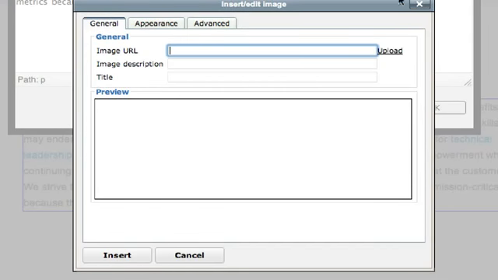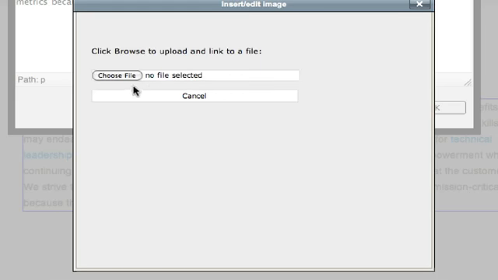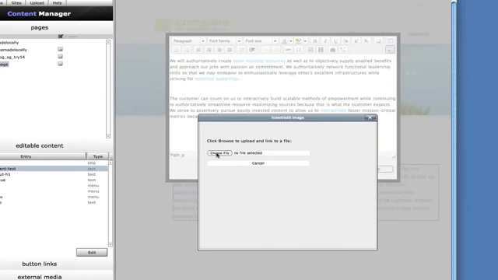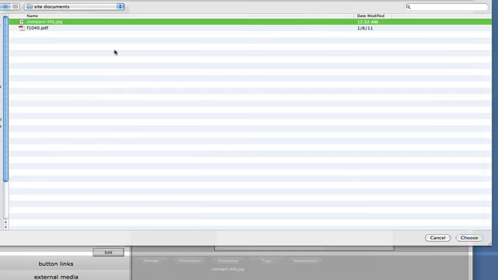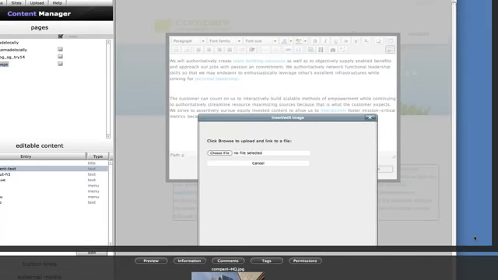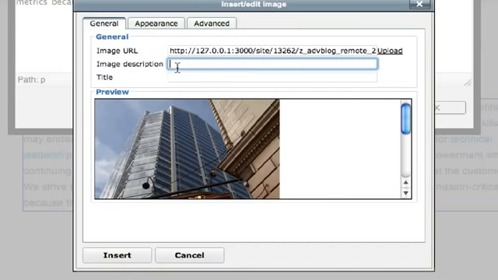The difference now is that there's this little upload link here. If we have an already uploaded image or an image on some other site that we'd like to include, we can just paste in the link here. But if we actually don't have the image on our site yet, we'll click the Upload button. We will click the Choose File button, pick an image,